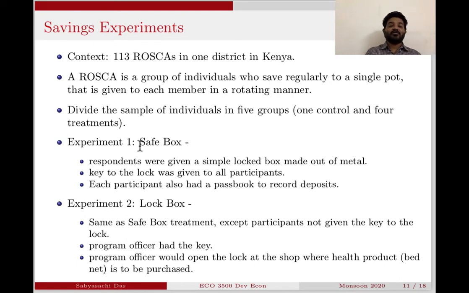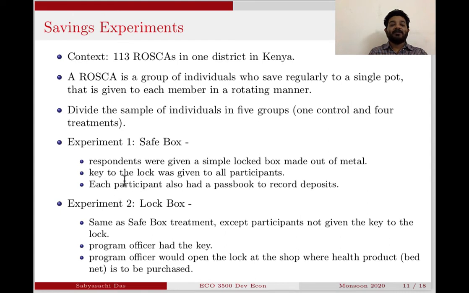The first experiment is called a safe box experiment. Basically, what the authors do is give each individual in all the Roscas assigned to experiment one a simple locked metal box, with a padlock on it, and the key is given to the participants. So each one has the key to the box, and they just put a label on the box that it's for health deposit,